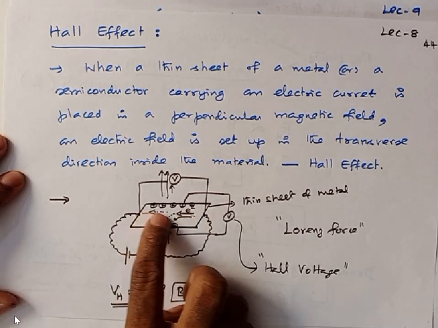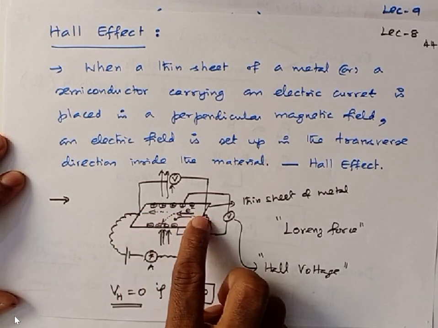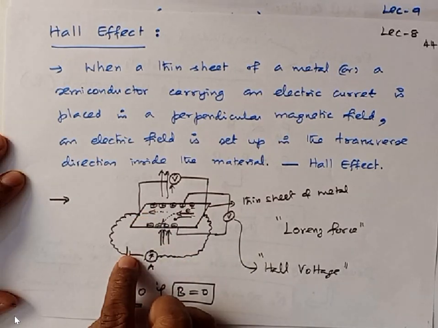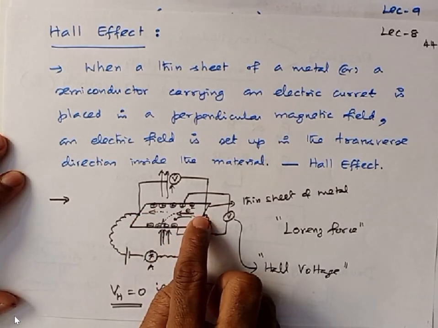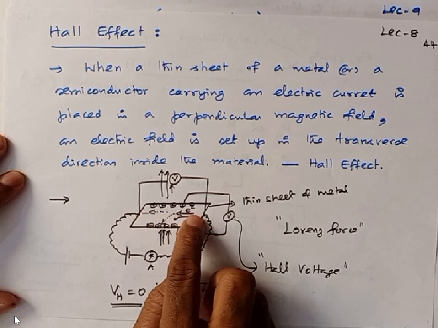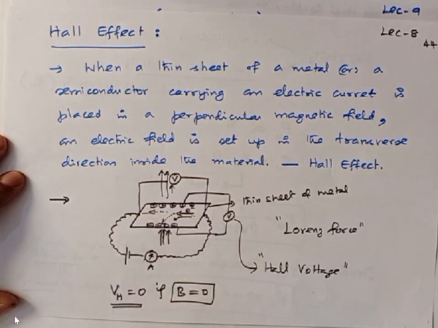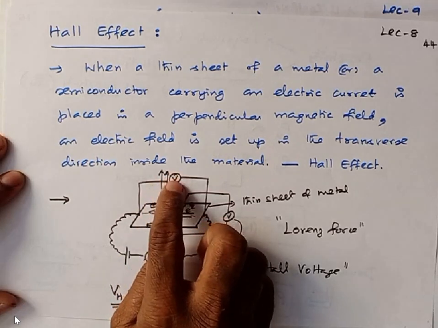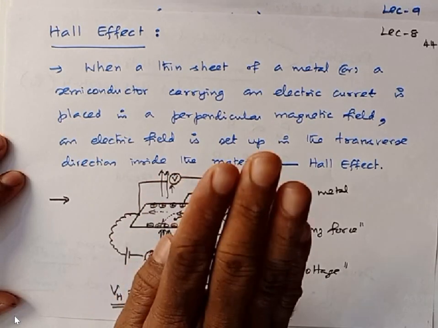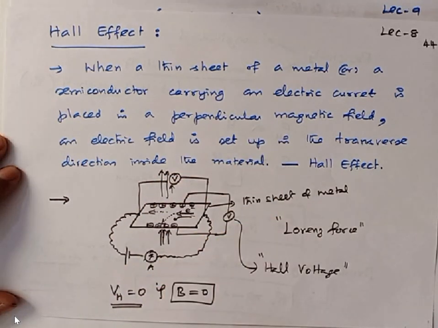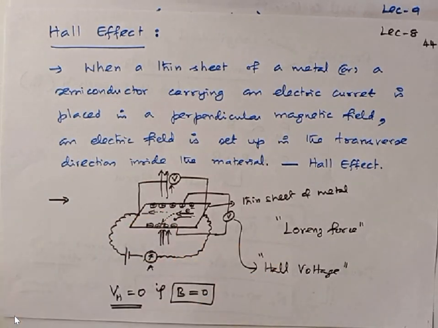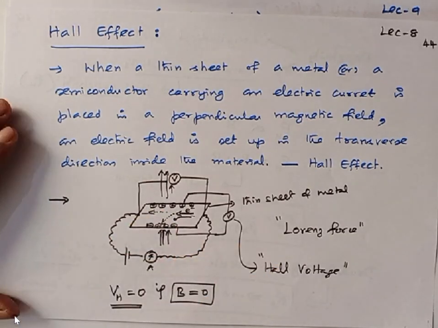And I'm going to call this direction of electron movement as the longitudinal direction. So if I switch on the battery, electrons will move from here to here. This is the direction of the electron, right? So when you switch on the battery, you will get some voltage here, and that is called longitudinal voltage. This is normally observed in any conductor. Now what I'm going to do,